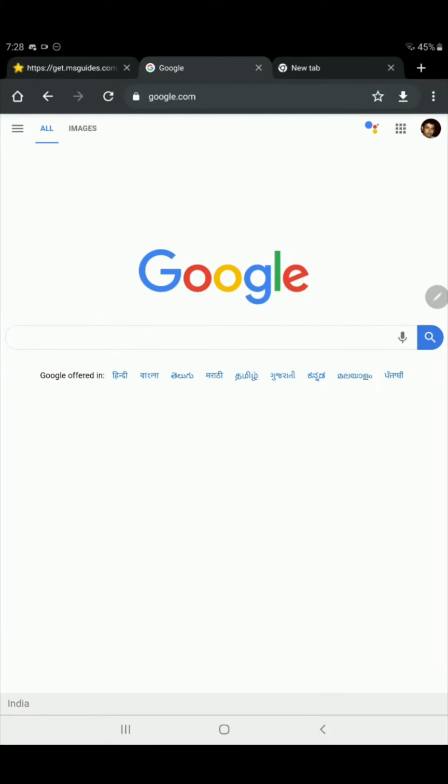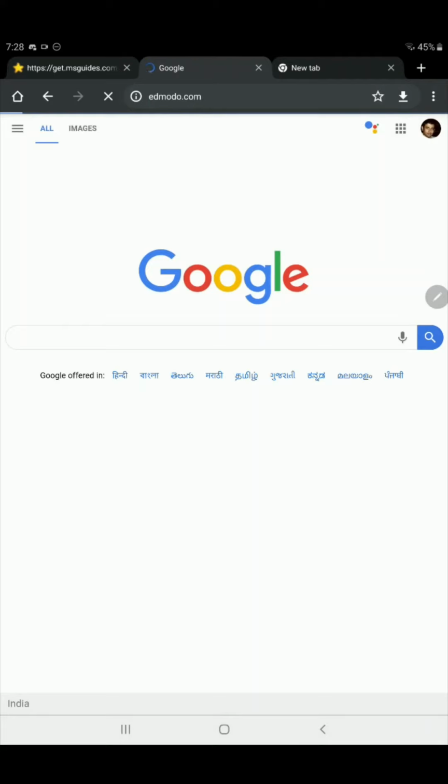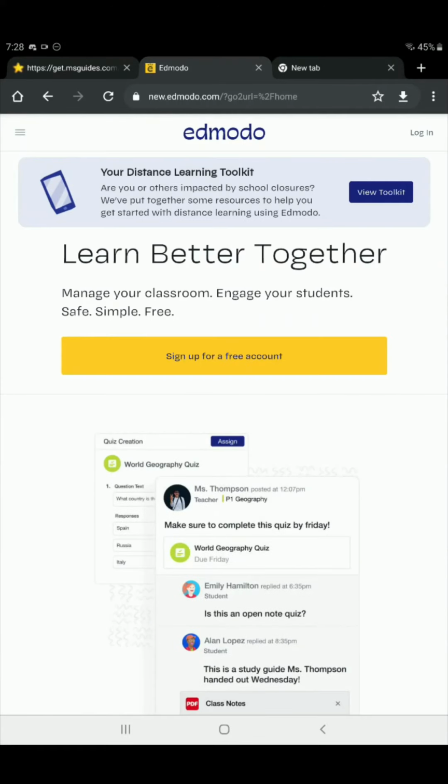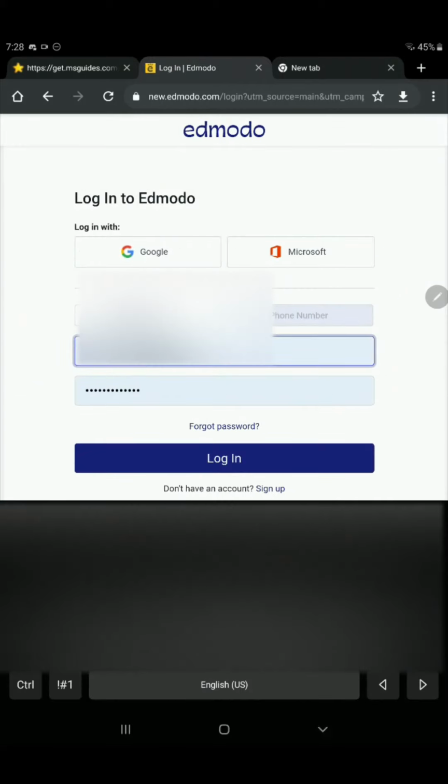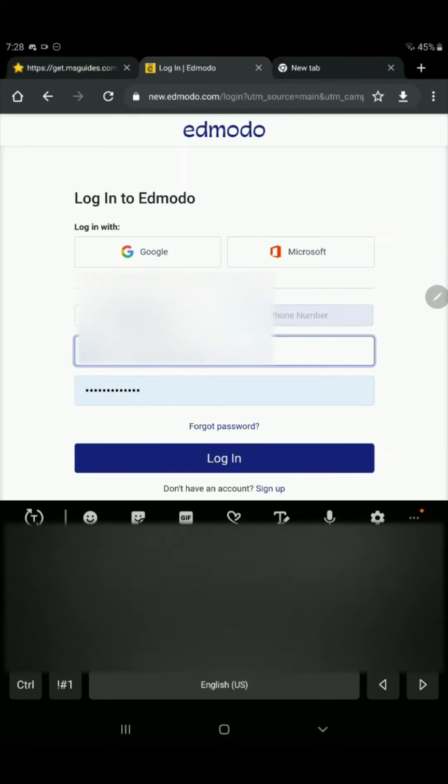Go to a browser and type in edmodo.com, which will take you to the Edmodo website. On the top right corner, if you're using your cell phone, you can just click on login. Once you click on login, it will ask you for your credentials.